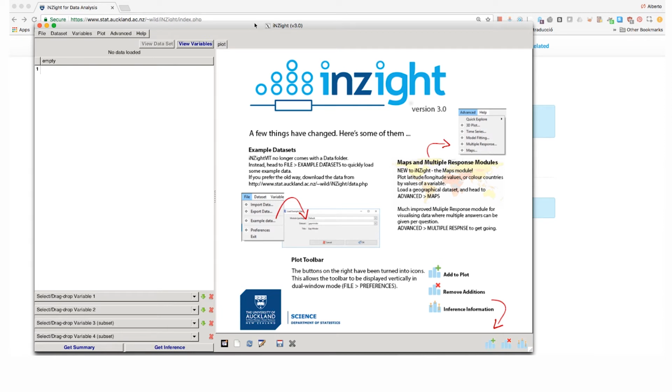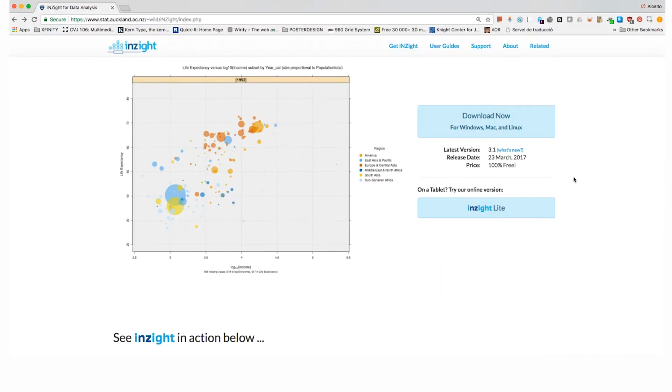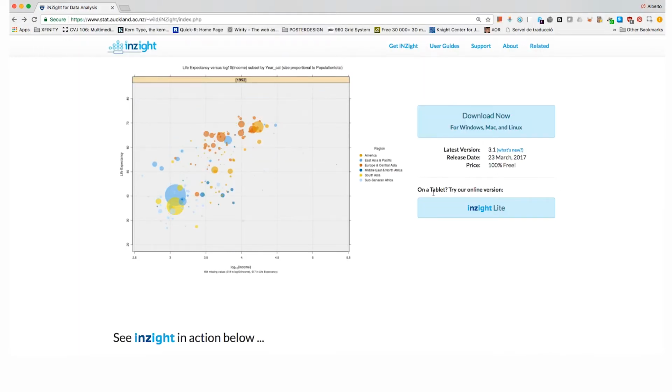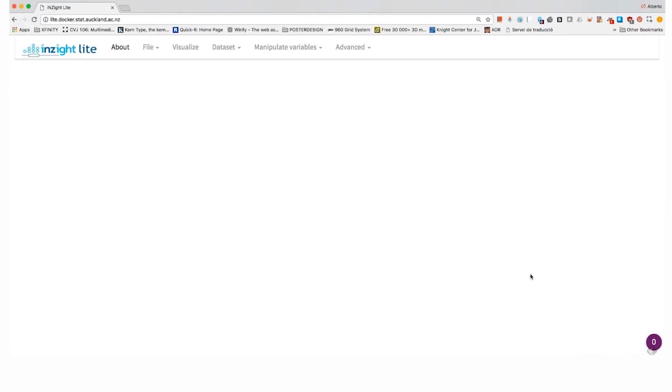Fortunately, even if Insight doesn't work, there is another version that we all can use, and this is the one that I am going to use in these tutorials, because it's almost identical to the one that you can install on your computer, but works directly in the browser. It is called Insight Lite. So I'm going to click on that, and Insight Lite will be launched. I have both of them available, right? When I am online, I use Insight Lite. When I am offline, I use the version of Insight installed on my computer. So that's the first thing to consider. Insight Lite is opening right now.